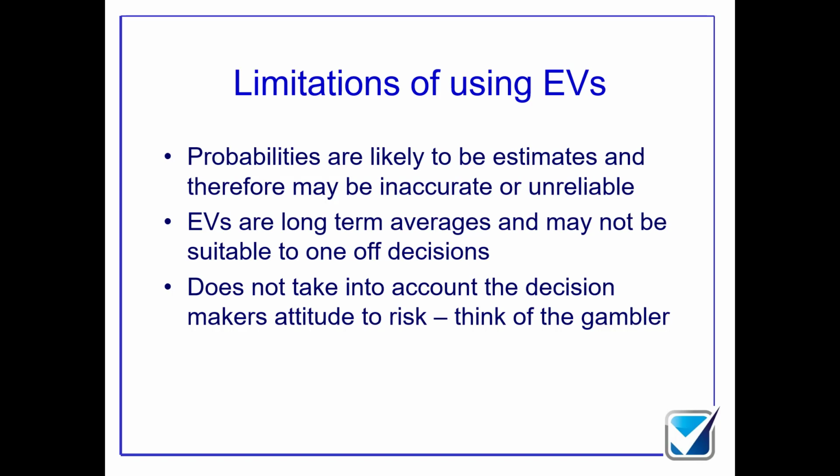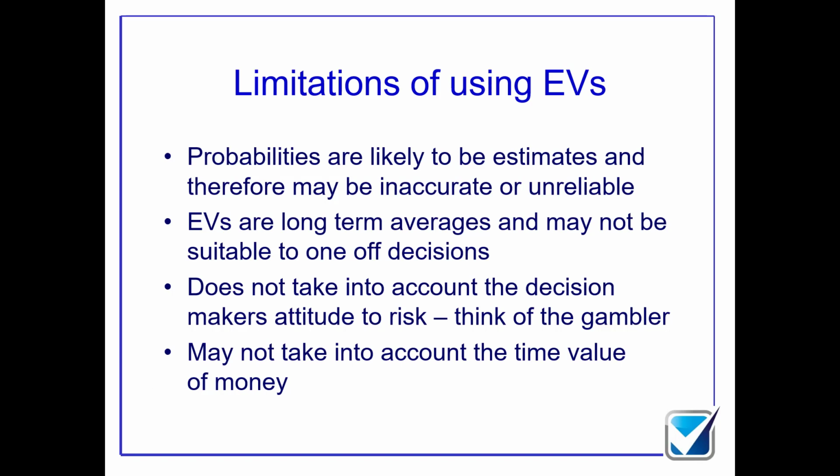Expected value completely ignores everybody's attitude to risk, and it completely ignores the time value of money. But you've got NPV calculations, which will allow you to work out the time value of money aspect. So there are ways around that. Other ways around that is to use different models. So instead of just using expected value, which would normally be the beginning of my analysis,